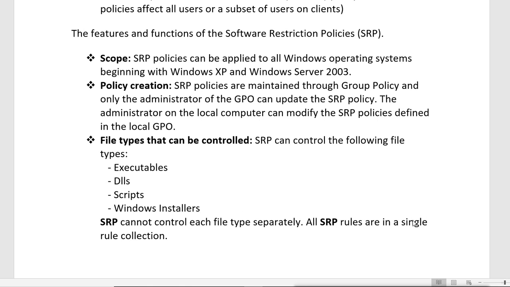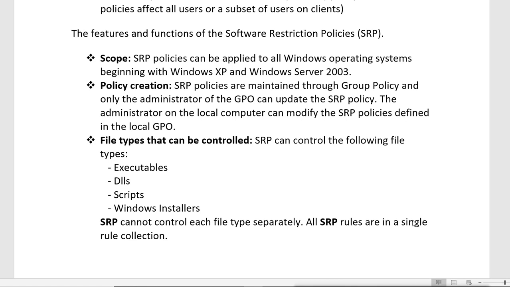Then policy creation. Policies are maintained through group policy, and only the administrator of the GPO can update the SRP policy, and the administrator on the local computer can modify the SRP policy defined in the local group policy object.